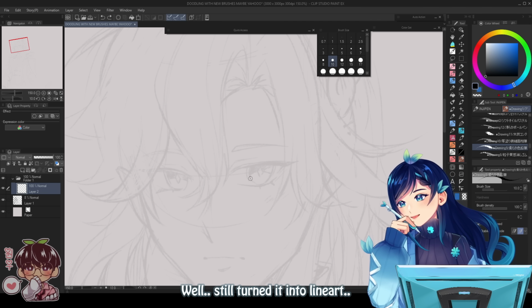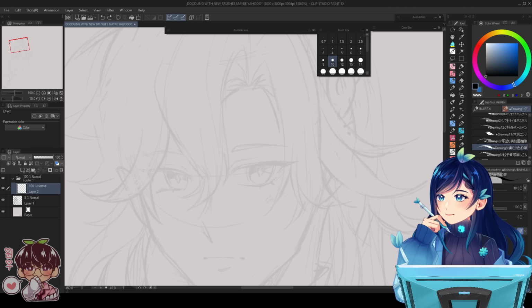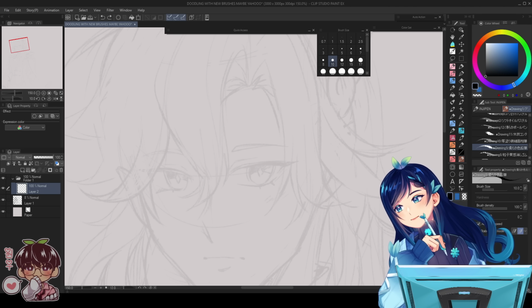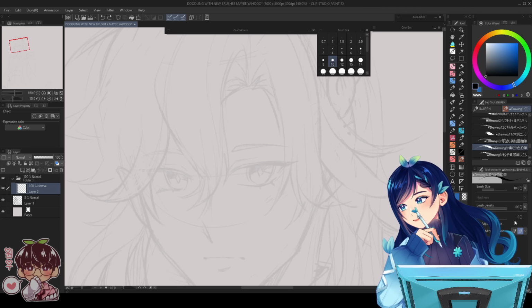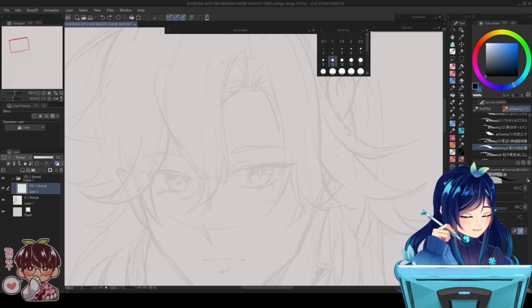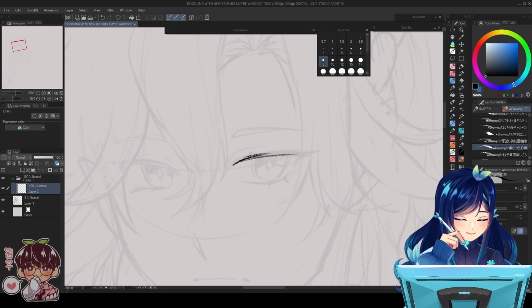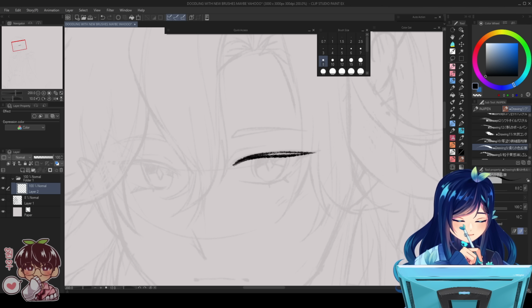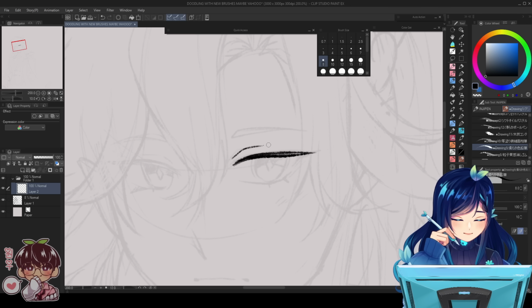So, my stabilization, whoops, where'd my OBS go? There we go. My stabilization's back at 0. So, I might raise it up a slight amount, even like 10. Because I think I do have to learn that maybe I'll just have to do line art with the same